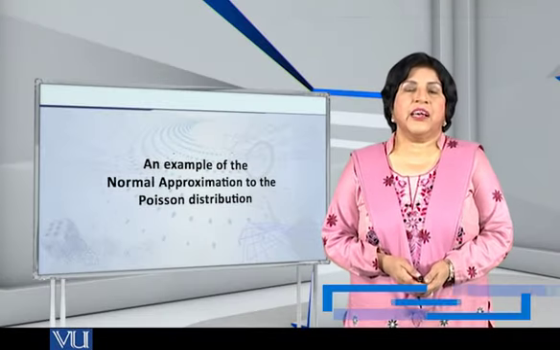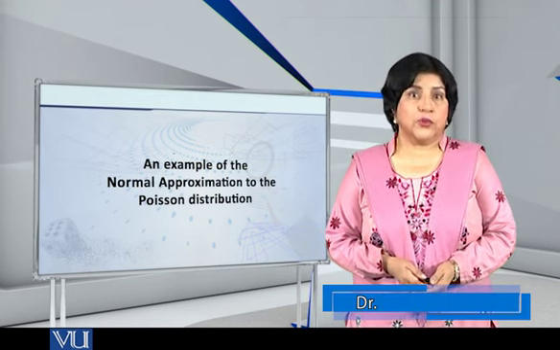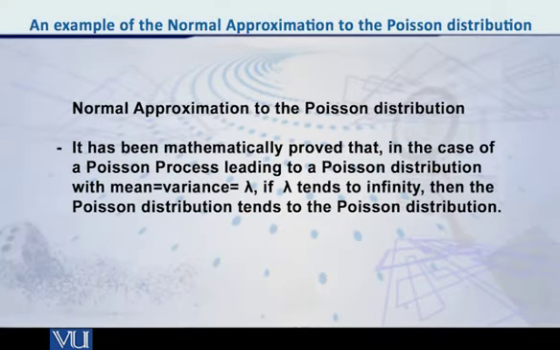Dear students, I would like to present to you the concept of the normal approximation to the Poisson distribution. जैसा कि आप जानते हैं, अगर बाइनोमियल डिस्ट्रीब्यूशन के अंदर p की वैल्यू 0 या 1 के बहुत करीब ना हो और n जो है वो इन्फिनिटी को टेंड कर जाए, then we can use the normal distribution to approximate that particular binomial distribution. इसी तरह it has been mathematically derived and shown that in the case of a Poisson process, which leads to the utilization of the Poisson distribution,